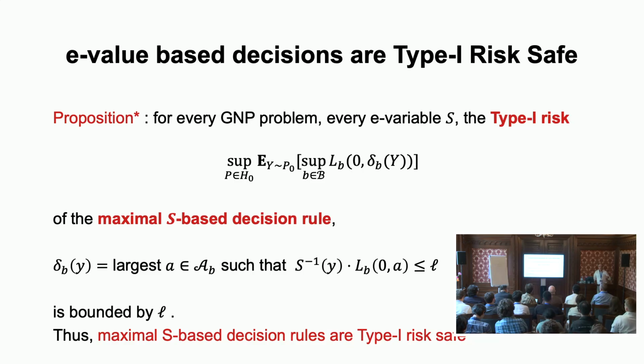Basically, the only procedures which can do this for you are e-value-based procedures, where you look at the loss you are told. This is the loss for your data; some policymaker who looked at the data told you the loss. And you reject if 1 over your e-value times the loss is bounded by the maximum you're willing to have as a risk. You get the risk bound, and every procedure which gets the risk bound can be implemented in this way.